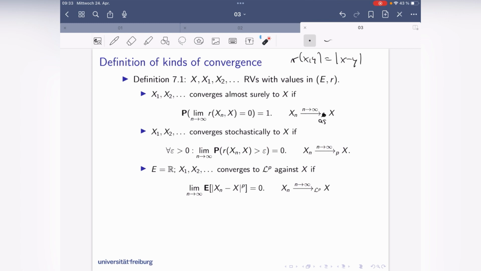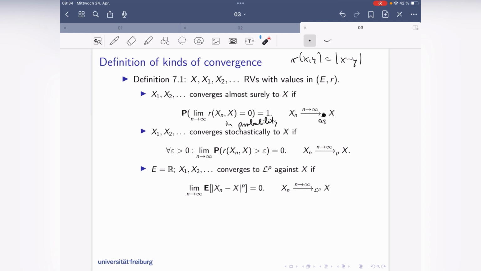Converges stochastically to X, or in probability, I also say. There are 2 notions here, which I will both use. So what does convergence in probability mean? Choose any positive epsilon. Then the probability that Xn and X differ by more than epsilon goes down to 0, no matter how small epsilon is. And because there's a P in probability, I write Xn goes to X and put an index P at the arrow.